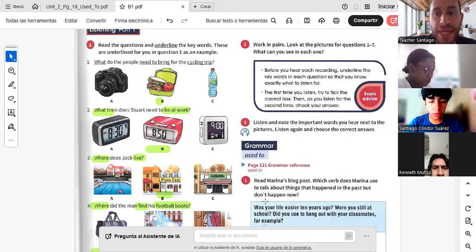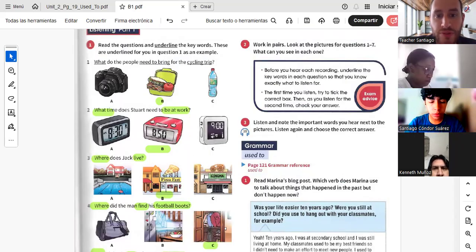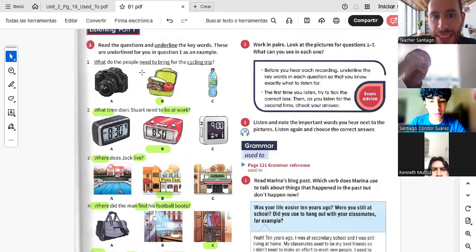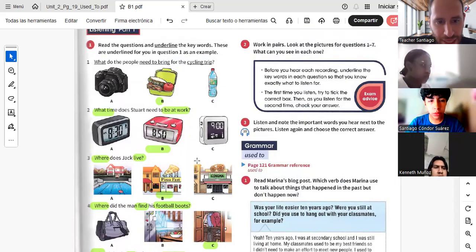Ah, and by the way, be careful. Sean cuidadosos porque usualmente estos audios mencionan los 3 ítems. Suelen mencionar todas las opciones, ¿cierto? Entonces hay que hacer énfasis en qué nos están diciendo. ¿Qué necesitan traer para el viaje? ¿A qué horas tenía que estar? ¿Dónde vive Jack? Precisamente, ¿cierto? Porque nos van a estar mencionando todas las opciones. Hay que estar muy pilas con eso. Eso es como ejemplo, no necesariamente es que estén malas.